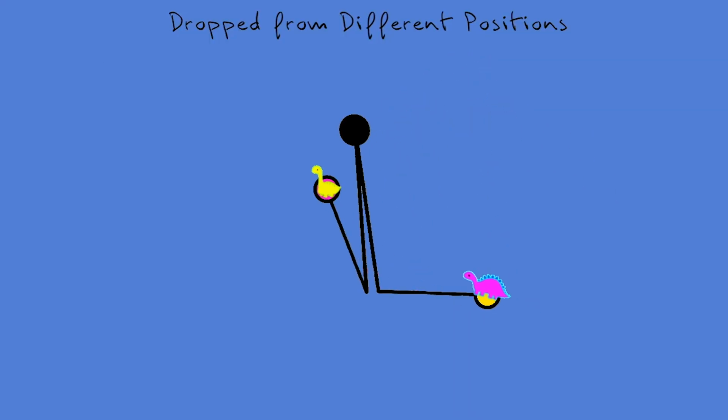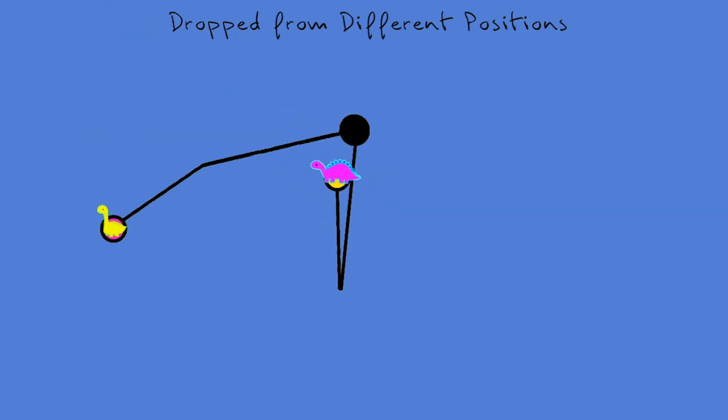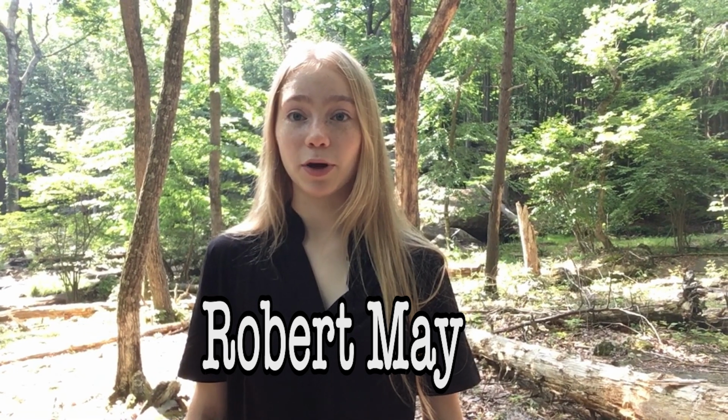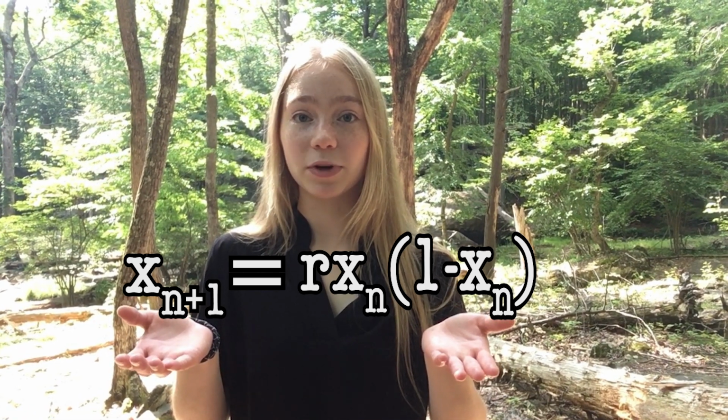But if I drop two double pendulums, they quickly separate, taking unique paths of chaotic motion. By introducing just one more hinging point, the velocity, acceleration, and movement of the pendulum are all highly sensitive to initial conditions. The movement of the double pendulum seems completely unpredictable, but biologist Robert May actually found a way to model chaotic systems. May initially developed this equation to model population growth and predict where a population will reach equilibrium.